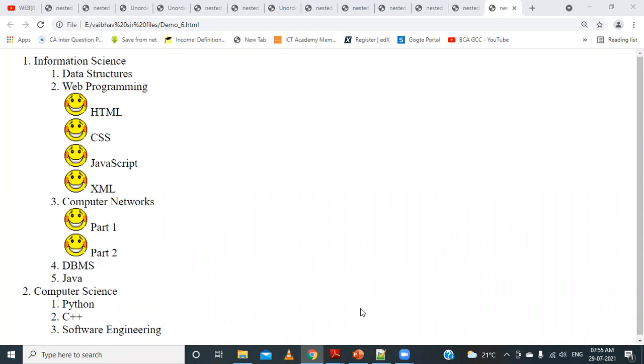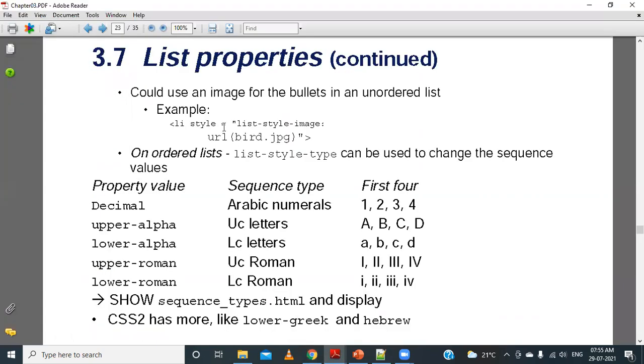Before going to that, there are different list properties and their sequence types mentioned in the table. So on an ordered list, list-style-type can be used to change the sequence values. So what is the property value? If you set it as decimal, the sequence type is Arabic numerals. The first four will be like 1, 2, 3, 4, and so on.